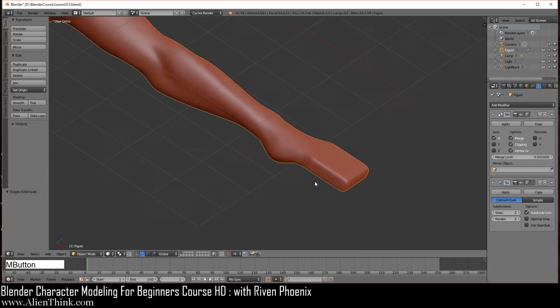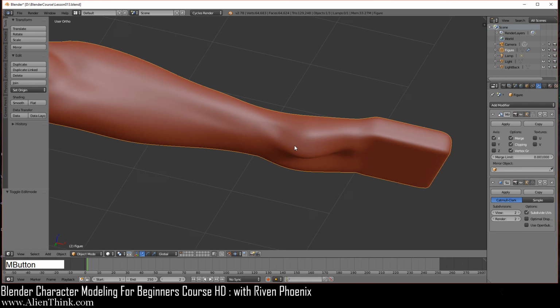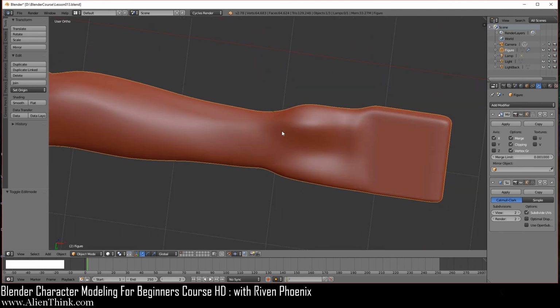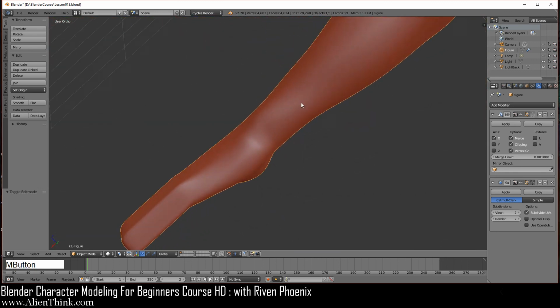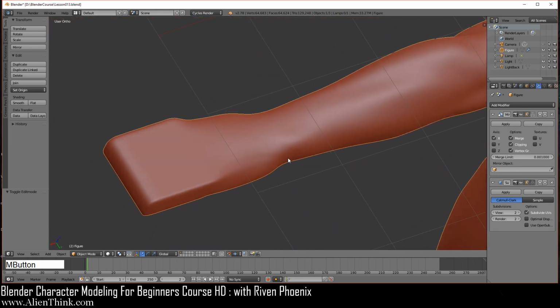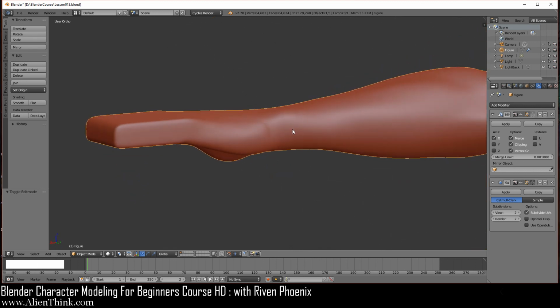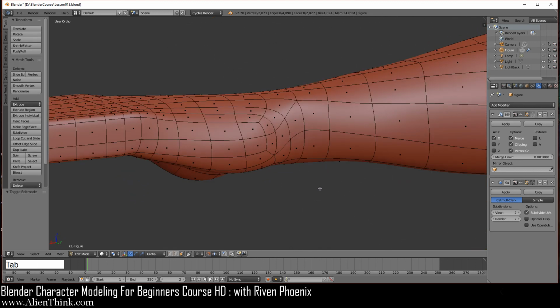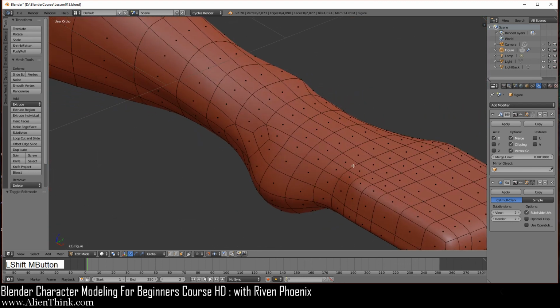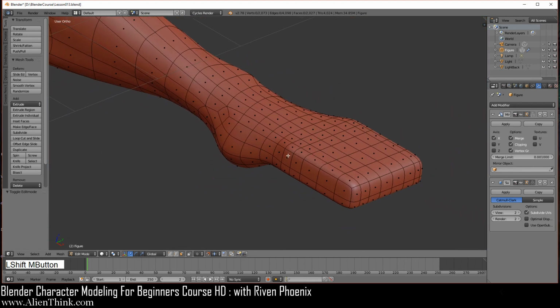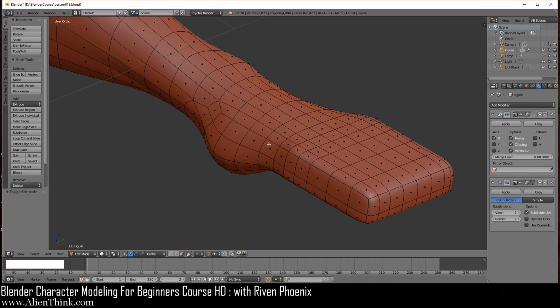Now if you do Tab, you can see that what we have established is this entire concept over here, which will give us the ability to start making the rest of the hand. That's the whole idea here. So what we want to do now is just do Tab, and position it like this. Let's just keep it in edit mode over here, and I'm going to save this.